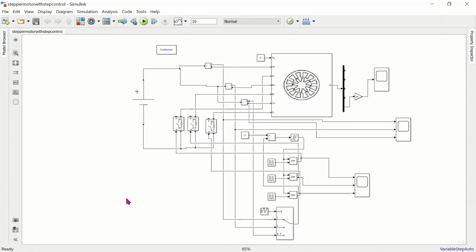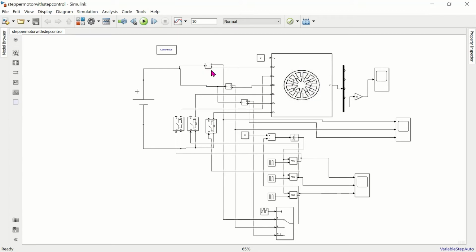For my simulation, I'm going to use MATLAB Simulink. This is the file that I'm going to use. This file I used for current control. Here you can see a stepper motor. It is a three-phase variable reluctance stepper motor, phase A, B, and C. The stepper motor is powered by a battery source, and three switches are used to turn on or excite phase A, phase B, and phase C in the sequence to run forward and reverse.